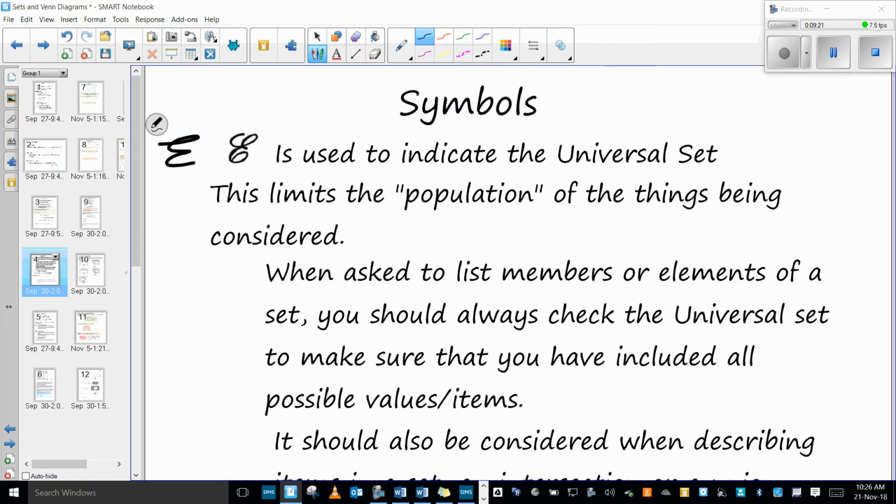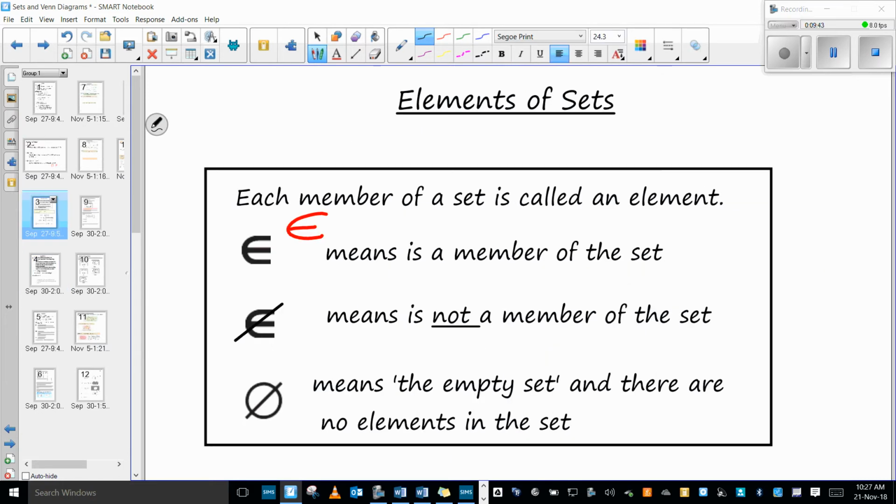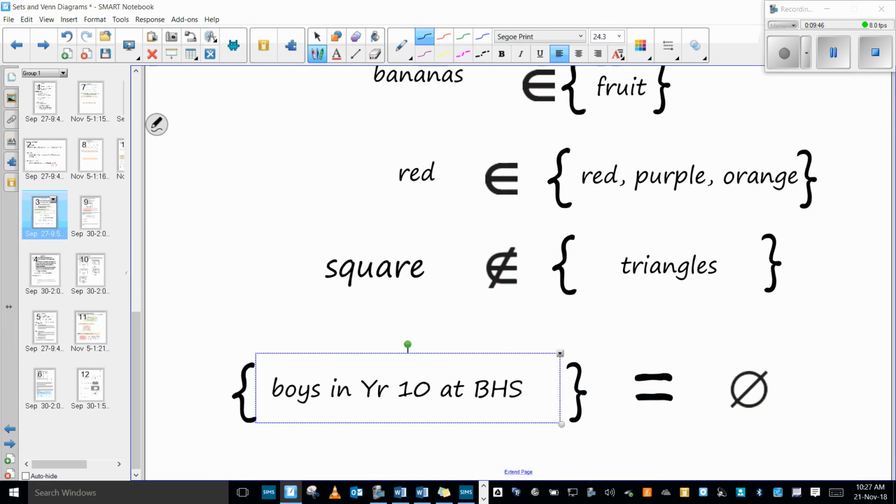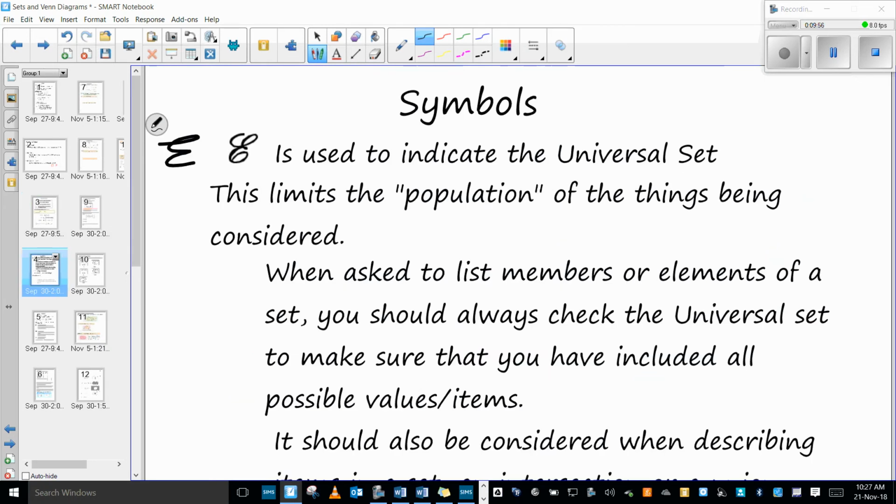Say again? Why can't you just use this? Oh, because that means it's a member of. Okay, so this is the universal set. And so it describes the population. So it's important that when you are defining something, you know what your population is. That's why here, I actually said boys in year 10 at VHS, because if I had just said boys in year 10, that would have been across the world. I don't know where it is. I had to be a bit more specific there. Okay? So, the universal set